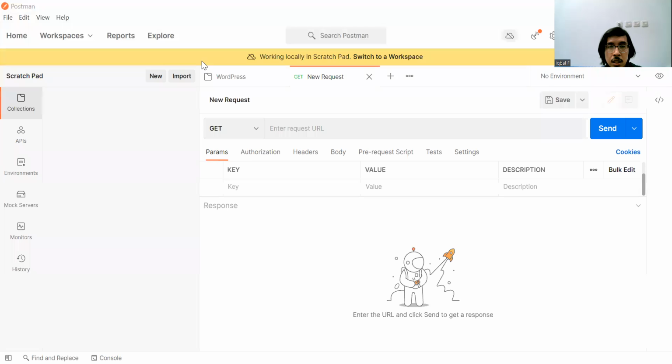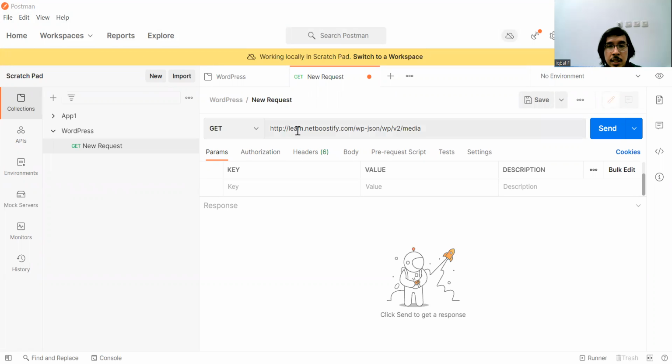Okay, I will switch the shared screen to Postman. So this is Postman, and you can create a request here.